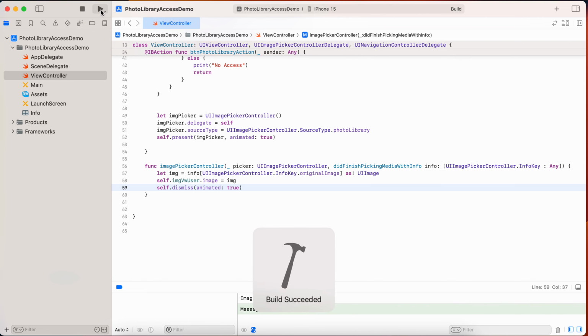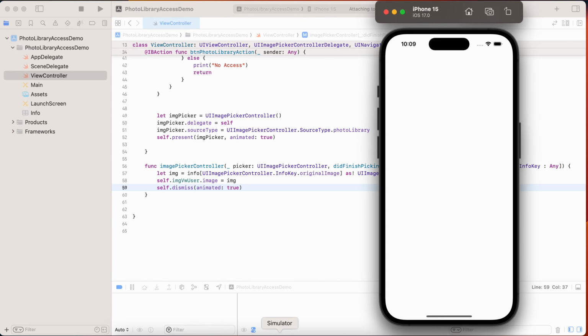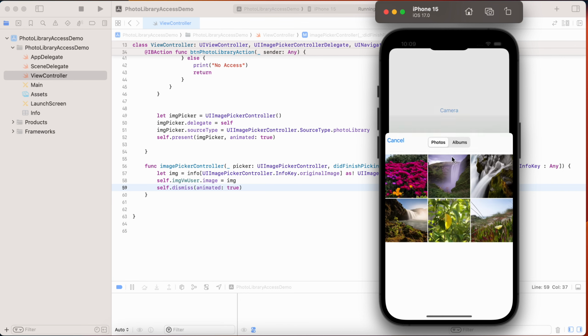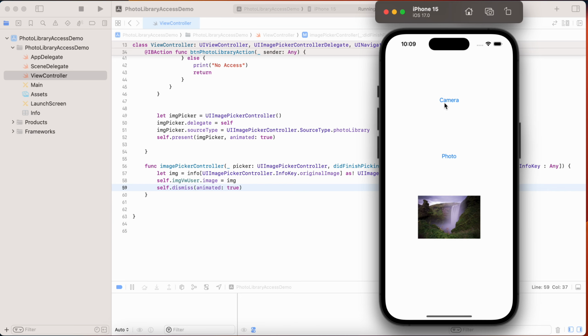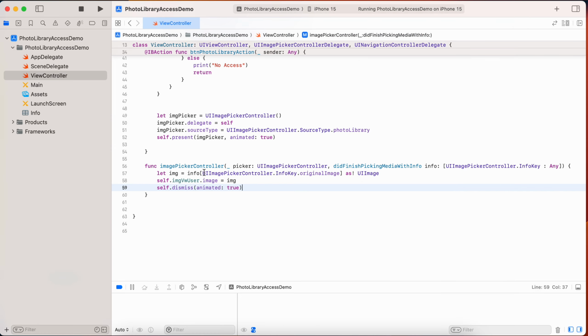So let's try and build this project. Okay, it worked. Let's try and run it on the simulator. Let's try to select an image. So whatever image is selected via the image picker would be applied over the image view here, and then this image picker